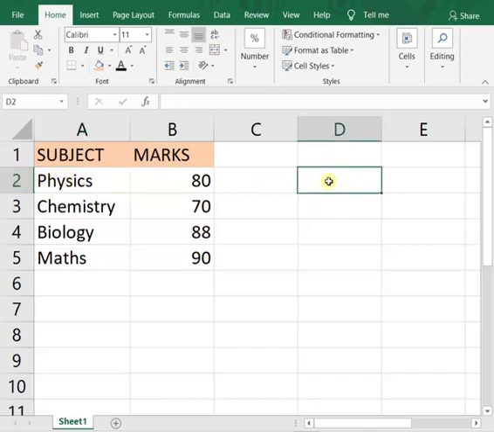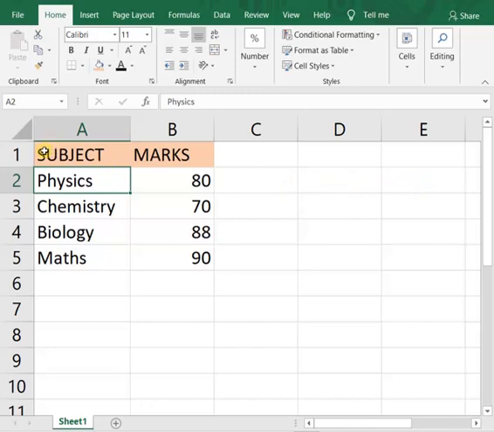This cell also belongs to row 2. So if I change the row height of this cell, all the cells of this row will be affected the same. So selecting this and changing the row height of this cell will also change the row height of all the other cells present in this same row.